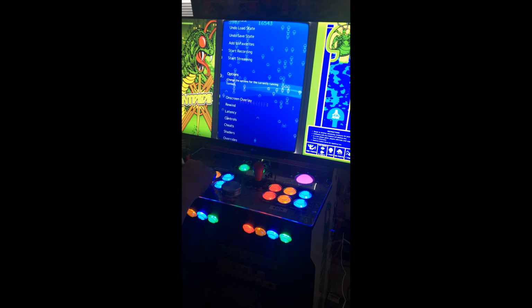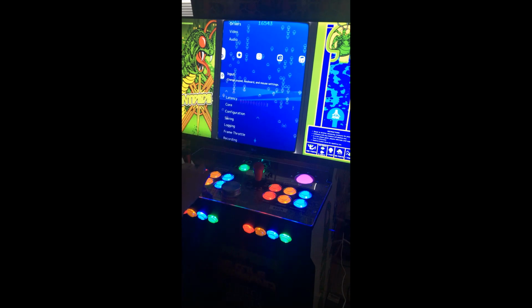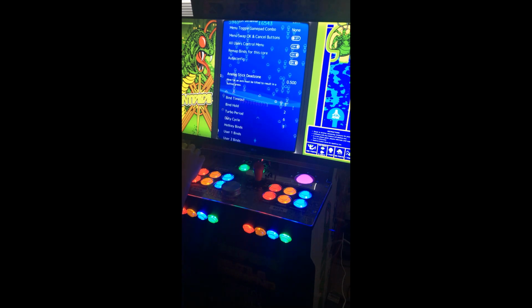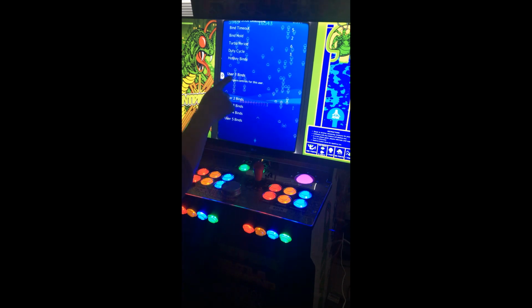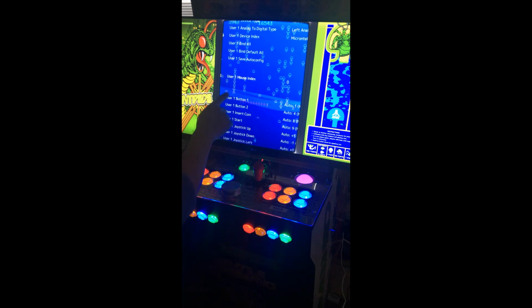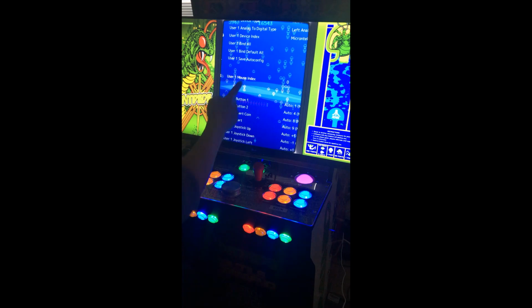The next one is to go to the settings. So let me press out. The settings is this icon right here. You go to this icon, then you go all the way down to input, press A, and in here you scroll all the way down until you see user 1 binds, press enter. In here you go all the way down to where you find the mouse. This is the part where you put the user mouse index. You could put it to 0 or you could put it to 1. It worked with 0 for me, so I didn't have to change it, but you will have to do that on